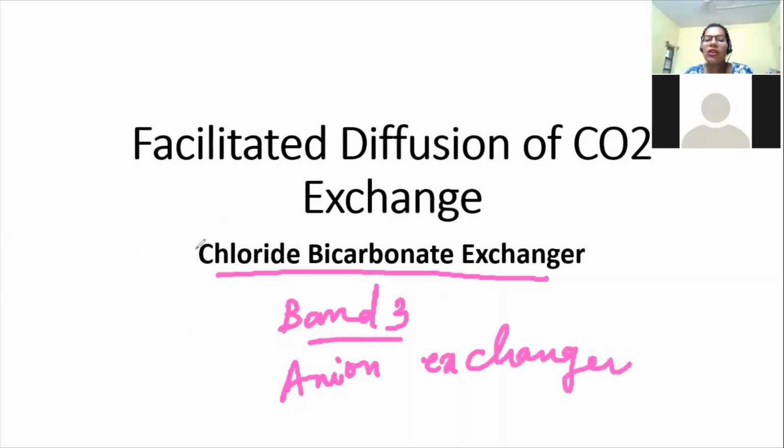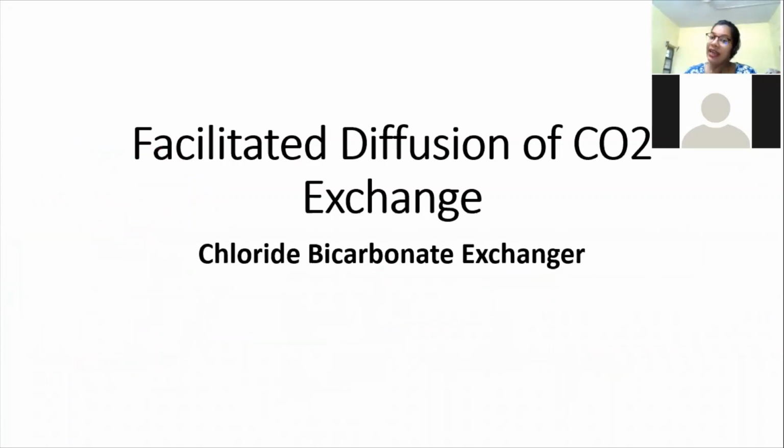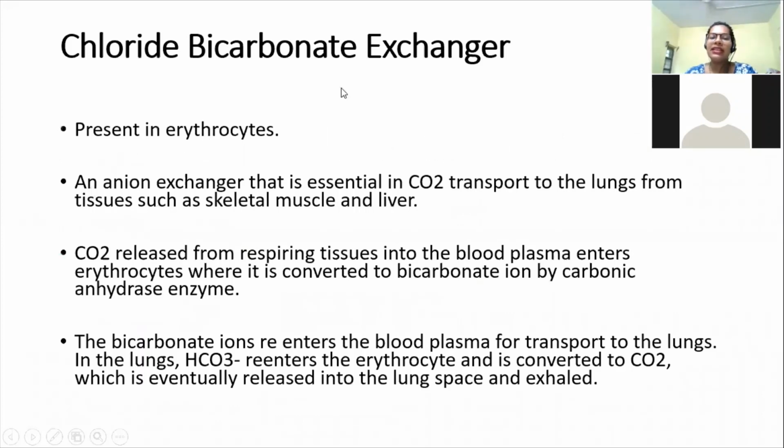So in these cases, what are the anions? Your chloride ions and your bicarbonate ions. Okay, so these two we are going to study, and we are also going to learn how exactly in your body the erythrocytes are carrying the oxygen and taking the CO2 back to the lungs so that we can exhale out. Okay, so this is at the cellular level. Later we are going to study at the organs level. Okay, so they are present in the erythrocyte, the RBCs.